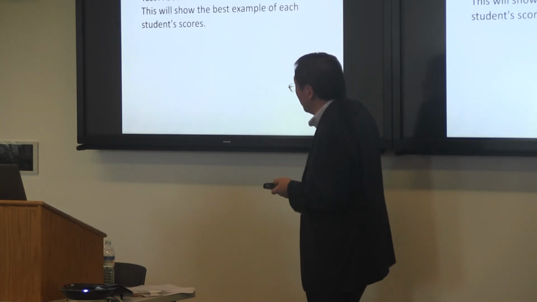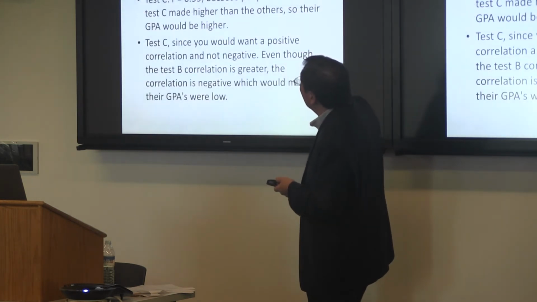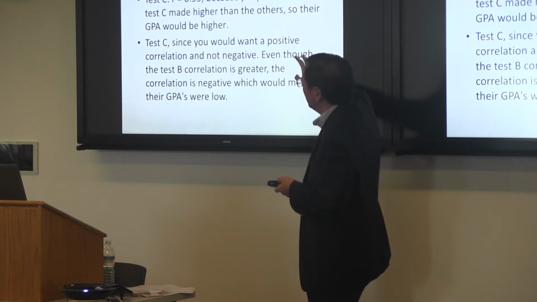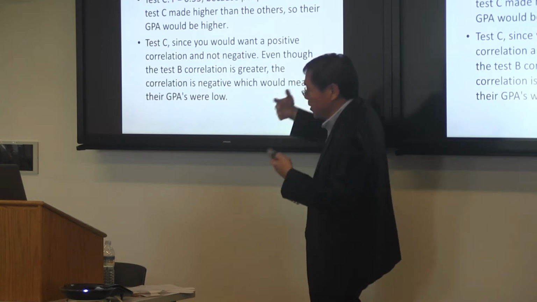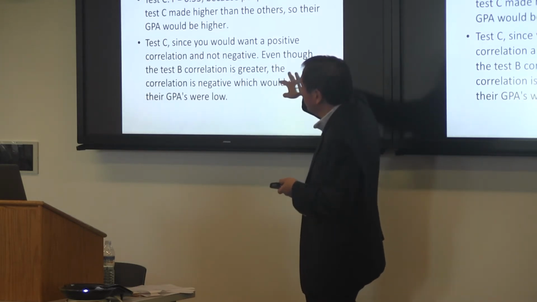1 is the perfect correlation, not 0.1. Okay, so here's people with a misconception, 0.55, because people who took test C made higher than the others, so their GPA would be higher. Right, so this misconception is still there, and this gives me feedback about how effective I was